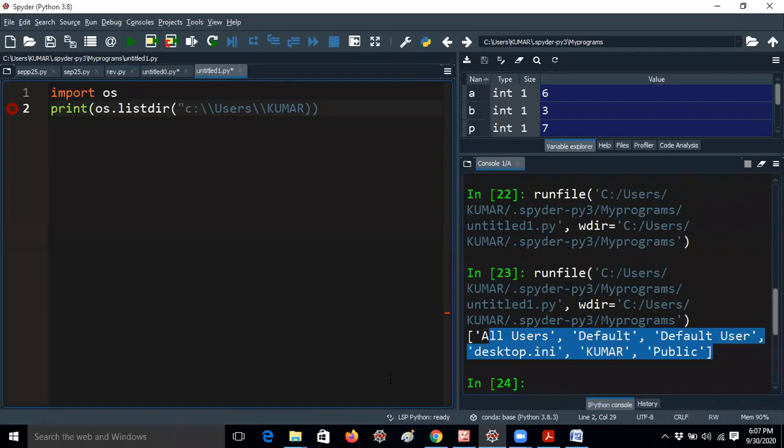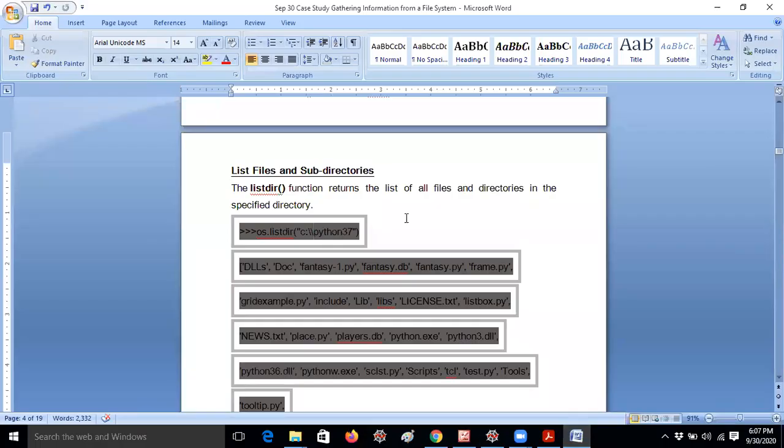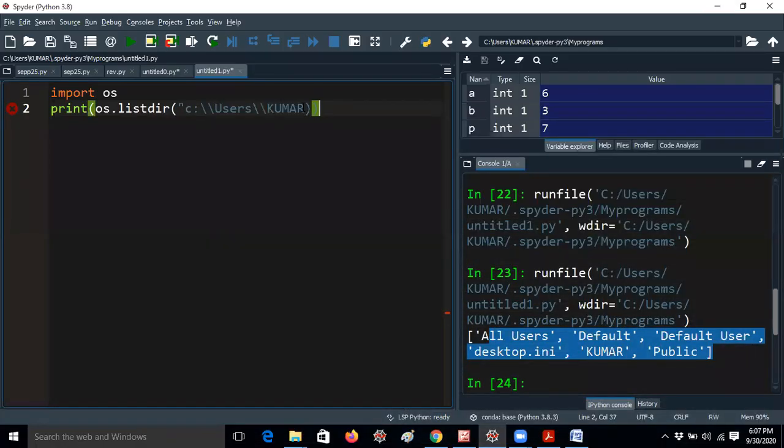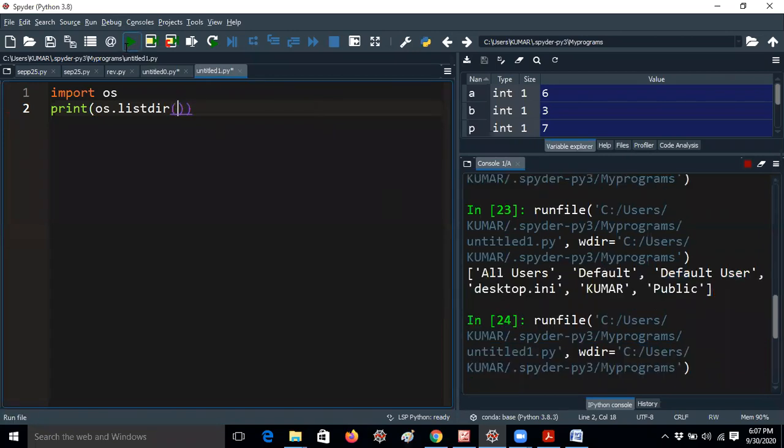It is not needed. One minute, let me check. Okay, you can access only those folders. Okay, one minute. I will give list directory directly. Let me execute it first. Okay, so let me run it, guys.